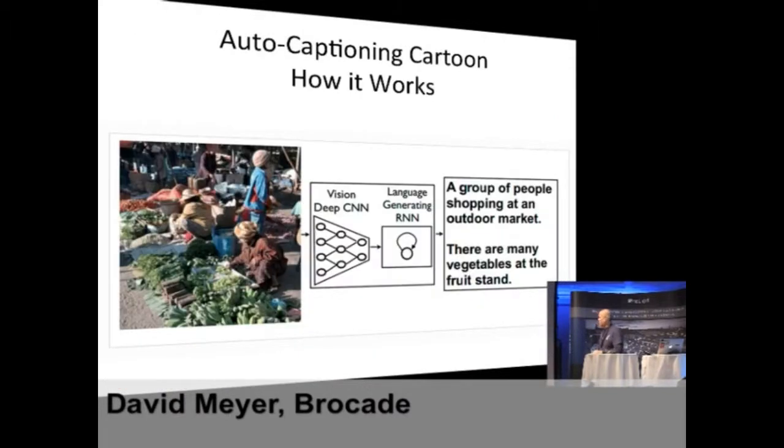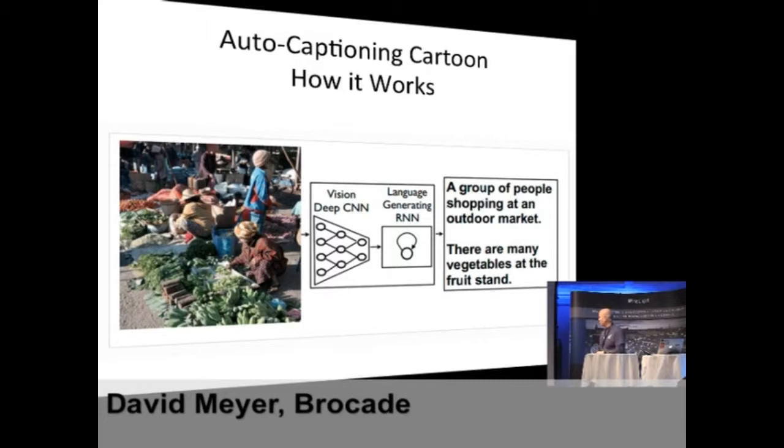Basically, you have an image. You have a deep convolutional neural net. That's the fancy term for what this thing is. It segments the picture into whatever's in it. And then you use something else called a recurrent neural net to generate the language model and just spit out something like this. So if you get on Flickr or any of these places, you can give it a picture like that, and it will spit out things like a group of people at an outdoor market. That's pretty impressive, right? I think so anyway.